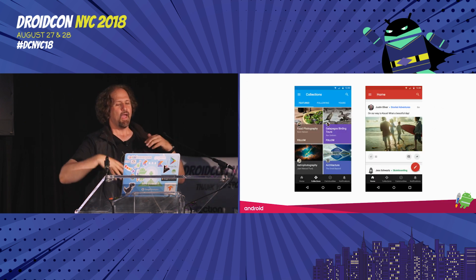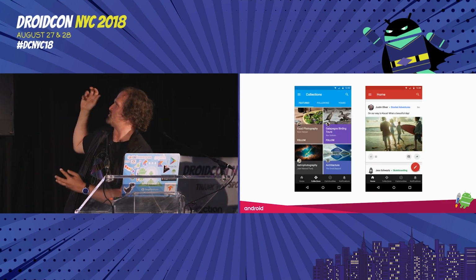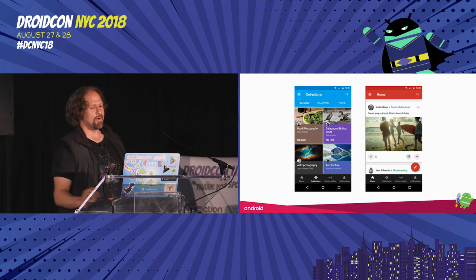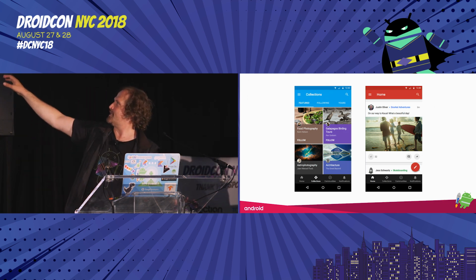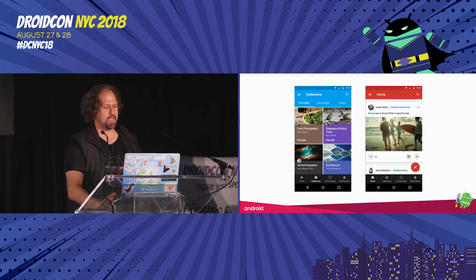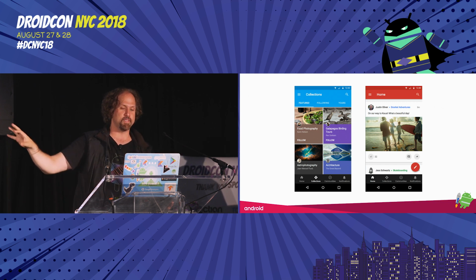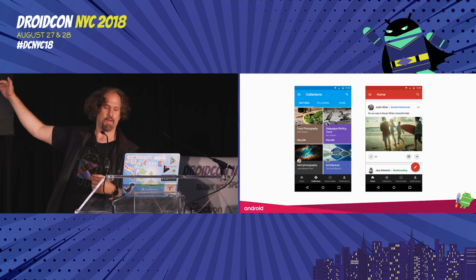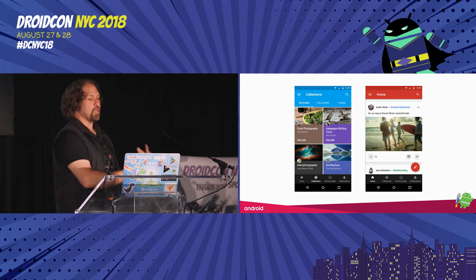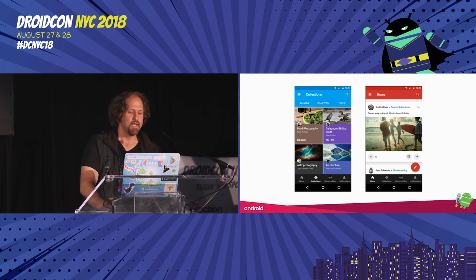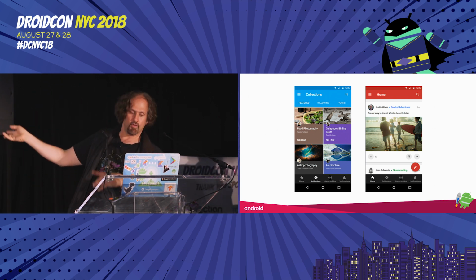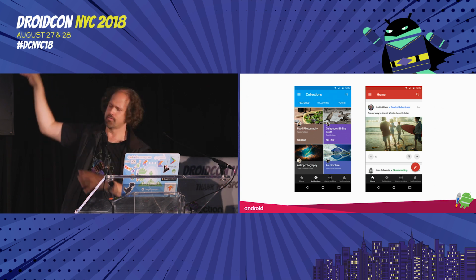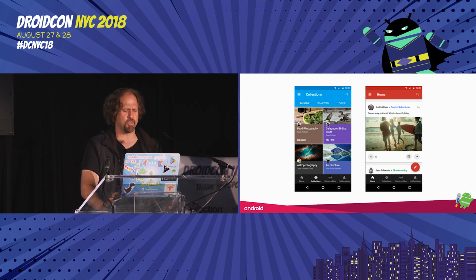However, let's say you have an application like, I don't know, this one, which as you can see has tons and tons of different things in it. And the way it works around this problem of having two controls that want to display all top-level destinations is by hiding the bottom nav all the time, particularly when not on one of the top-level destinations. And then it allows the back key to take the user back, although it still shows the hamburger menu, so it's not clear that that's actually going to do anything.